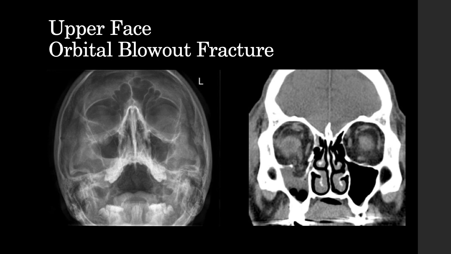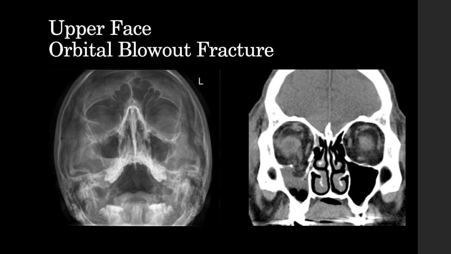So if we're thinking about the orbit, you can get an orbital blowout fracture. An orbital blowout fracture is caused by sharp pressure to the orbit directly, which basically pushes the globe of the eye back, and that increased force in the posterior orbit, something's got to give, basically. So usually you fracture the orbital floor